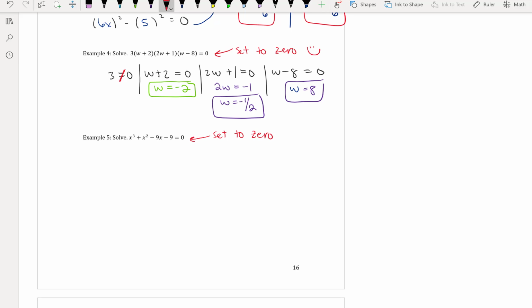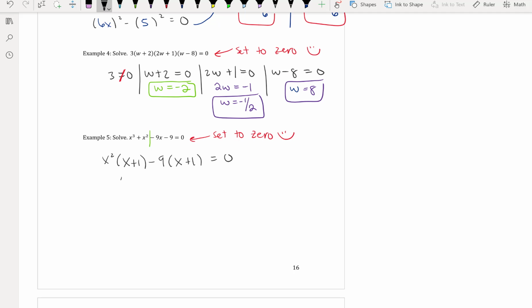So again, that makes us happy because that makes us do less work. Now, this is a 4-term polynomial. If I have 4 terms, that's right, we do factor by grouping. So now I know that I'm going to split it in half and factor out the first 2 and then the last 2. So I'm going to have x squared as a GCF, so I'll have an x plus 1. On the opposite side, it looks like it has a 9 in common, so I'll have an x plus 1,